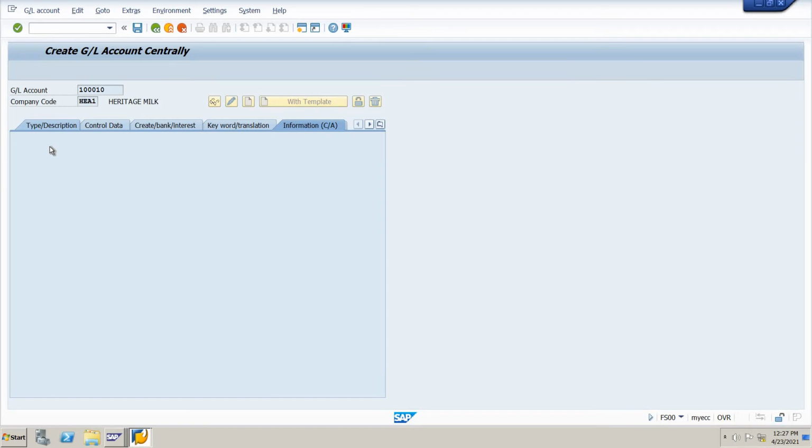And the company code tabs are control data, create bank/interest, and information company code. These tabs belong to the company code. This is FSS0. The tabs in chart of accounts belong to FSP0, and the tabs in centrally belong to FS00.